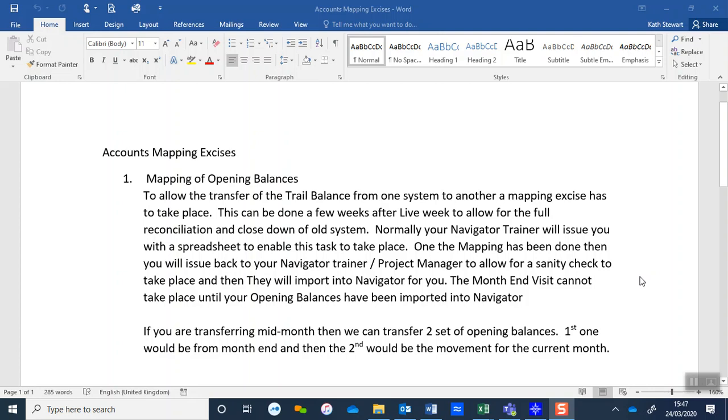Throughout project planning, a number of mapping exercises will have been discussed with you. The first mapping exercise that will need to take place is the mapping of your opening balances. This is to allow the transfer of your trial balance from your current system over onto Navigator. This can be done a few weeks after live, and that will allow you to fully reconcile your historical system